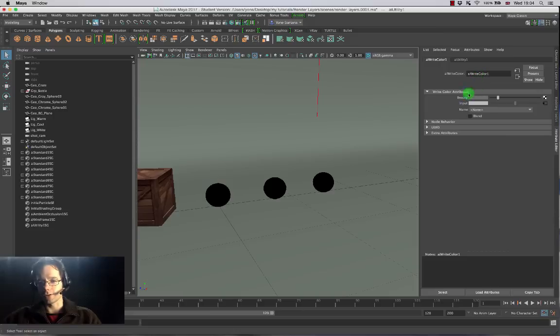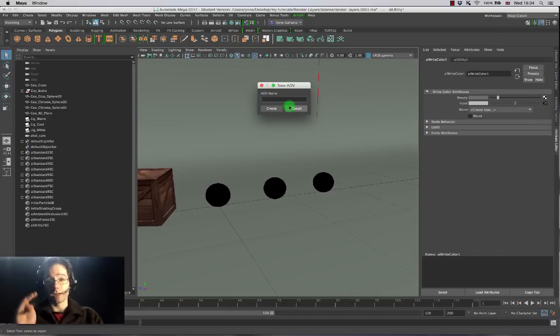And inside here, I've got this AOV name property in the write color attributes. If I click on this, you'll see that I've got various channels that I can contribute it to. Those are my AOVs. At the bottom, I've got an option called Create New. I'm going to click Create New, and it will ask me to specify a name for my AOV. Arnold does a really good job of allowing you to create custom AOVs for loads of different effects. So I'm just going to call this objectID, all together like that,